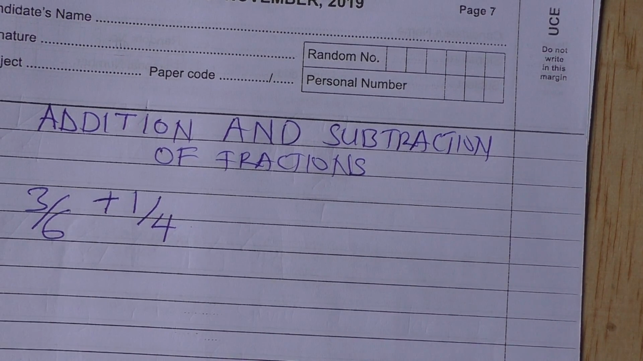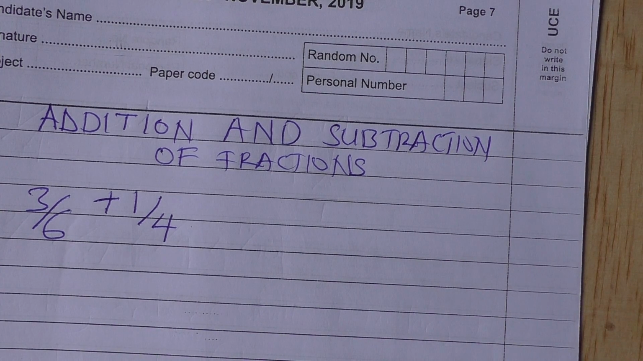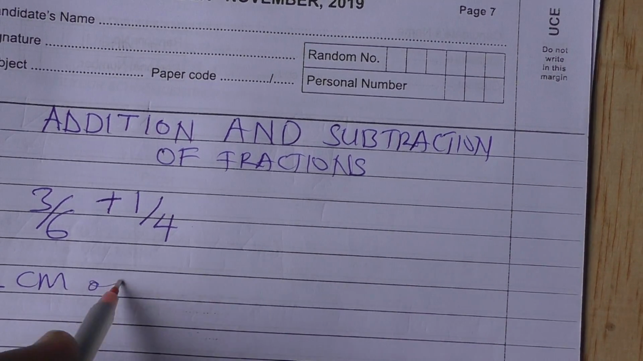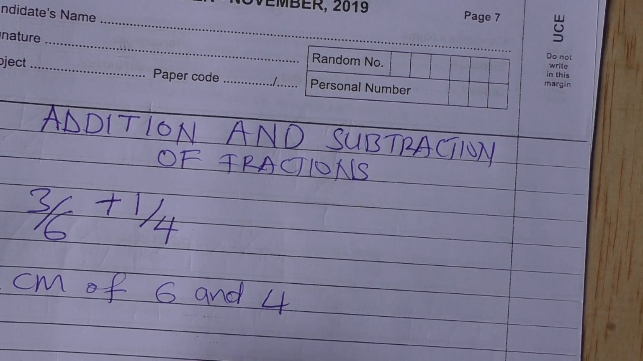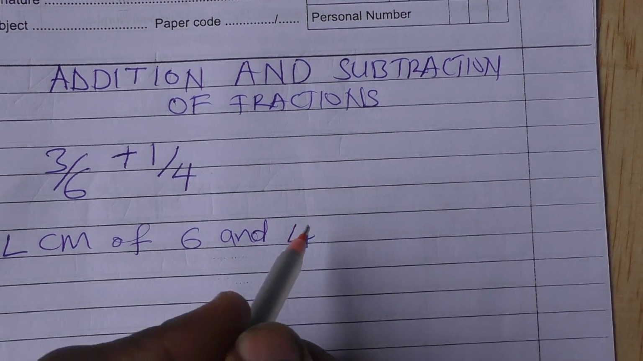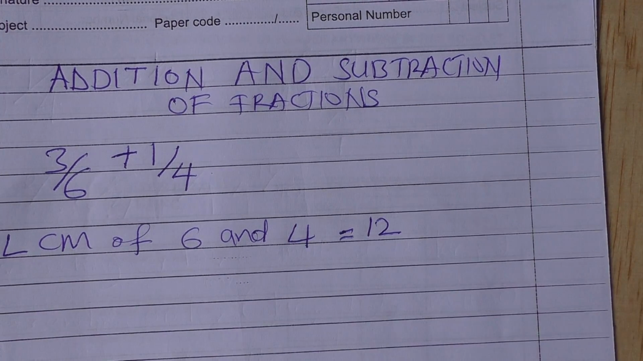Step number 1, we must find the LCM of the denominators. That is to say, LCM of 6 and 4. After getting the LCM of the denominators, which is probably 12, our step 2 is to consider the first fraction and divide the LCM by the denominator, and then multiply the numerator by the result in step 1. That is to say,